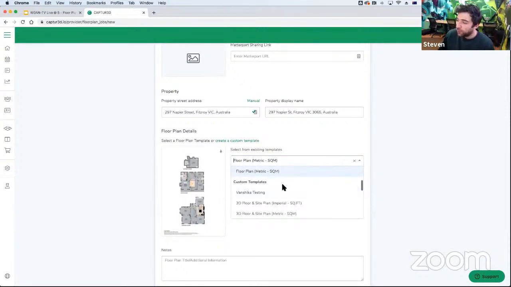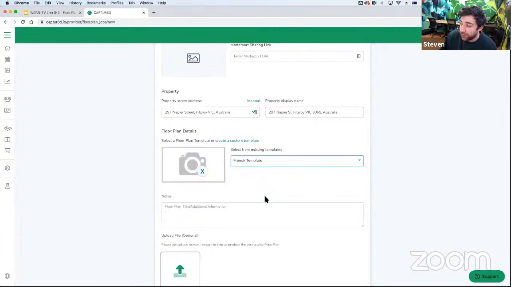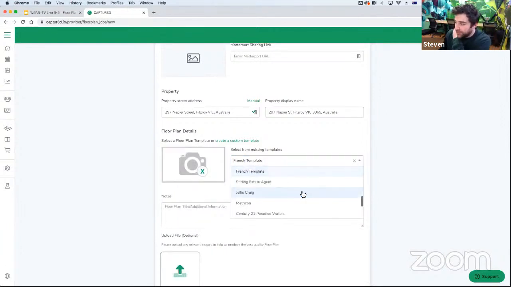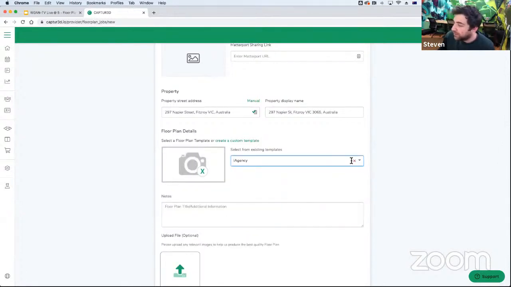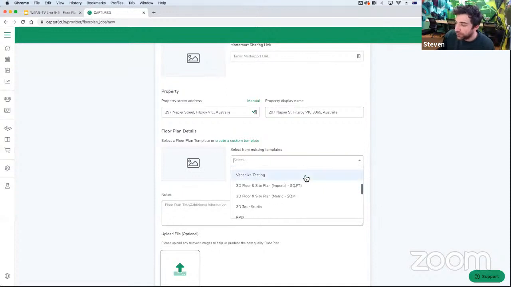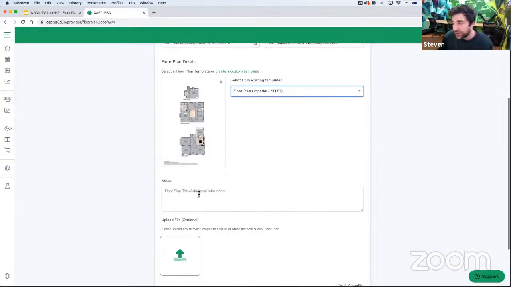And then all the ones below here are all the ones that we've got as our custom ones that we've uploaded at one point in time. So if I was to look at my French template, for instance, looks like it's a PDF in there. Let me find one of the other ones here. There we go. So my templates don't want to be coming up, but they're all sitting within there. You select one of those as your option that you would like to create. Add any of the notes that we were discussing before. So leave the room labels off, whatever it may be.